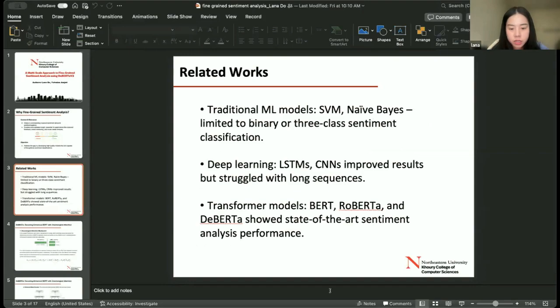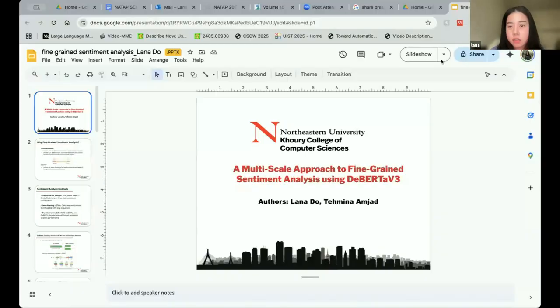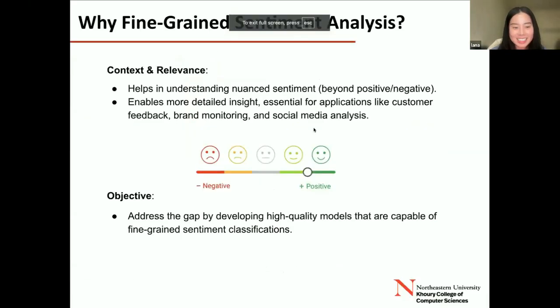Excuse me, sorry. This is the correct one. Oh, I'm sorry, this is not it. I'm going to stop sharing for a moment. Oh, okay, sorry. I'm going to be sharing a different slide because this is the most updated one. So let's share this one. Okay, sorry about that.